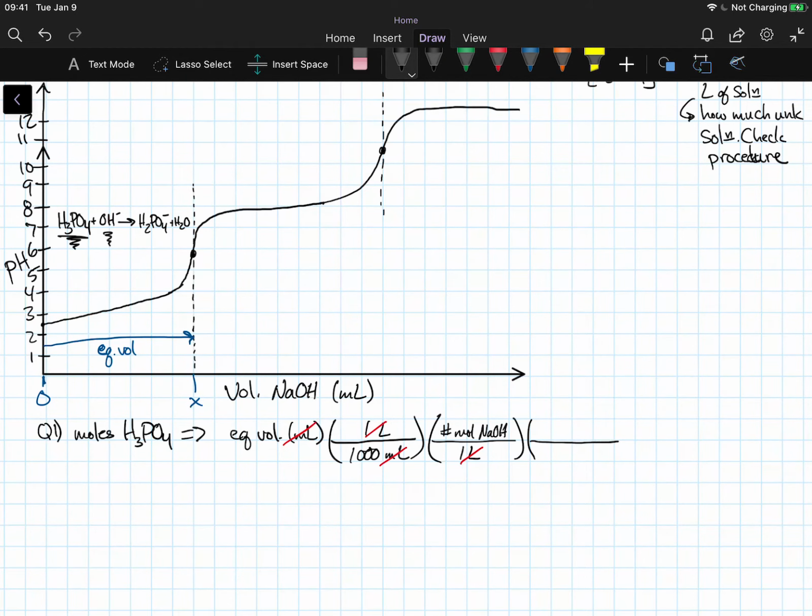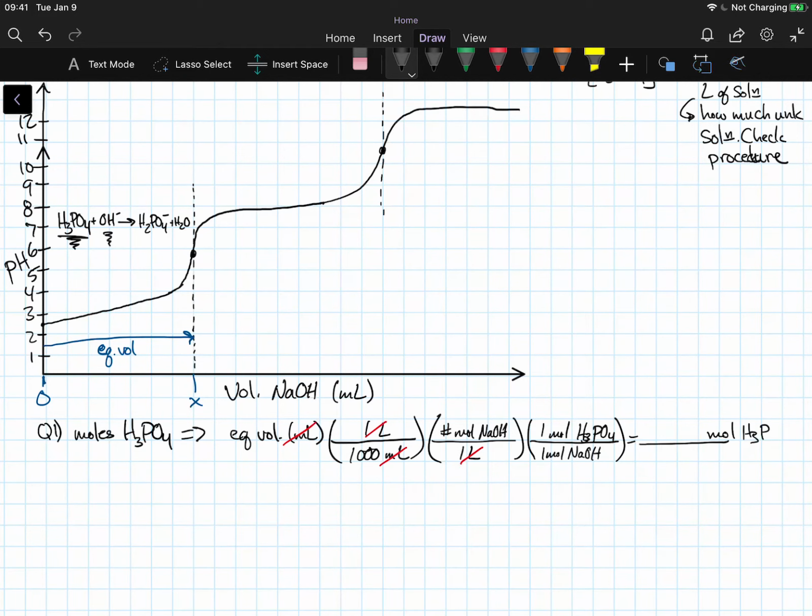So we just need to convert from moles of hydroxide to moles of phosphoric acid using our balanced equation. We say for every 1 mole of the NaOH, we use 1 mole of the H3PO4. So it's just 1 to 1. We get the same number. So you should get some number of moles